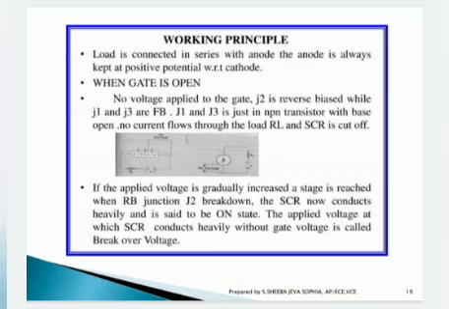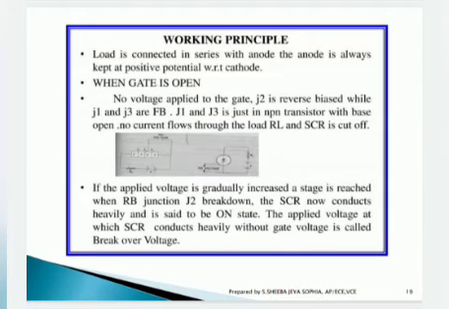Moving to the working principle of SCR, the load is connected in series with the anode. The anode is always kept at positive potential with respect to the cathode. When the gate is open, no voltage is applied to the gate. The J2 junction is reverse biased while J1 and J3 are forward biased, which you can see in the diagram. J1 and J3 act like an NPN transistor with base open. No current flows through the load RL and the SCR is in the cutoff region. If the applied voltage is gradually increased, a stage is reached where the reverse biased junction J2 breaks down,